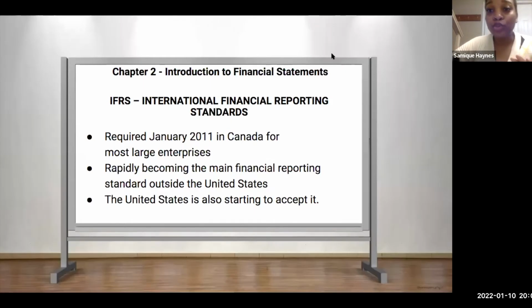Okay, chapter 2, this is the chapter now. IFRS, the International Financial Reporting Standards. These standards were talked about in the last video that we watched, and he described it as the rules. It's like the rules that govern the financial accountants. This tells us all the standards that we need to abide by when we're doing our financial reporting.